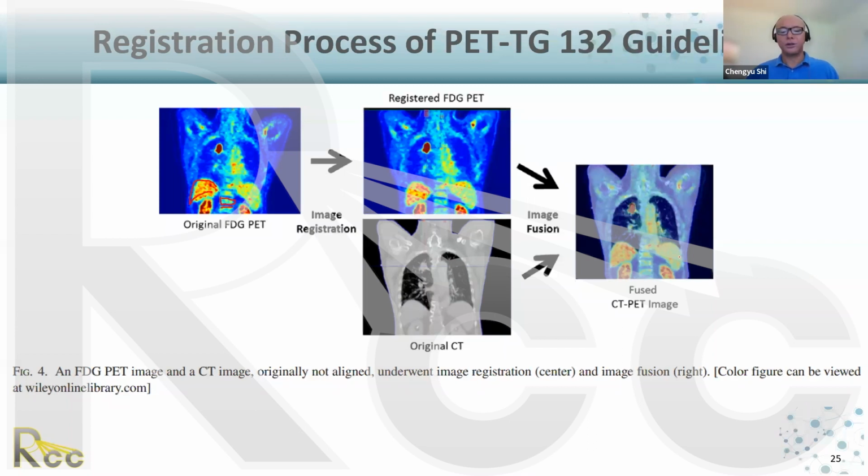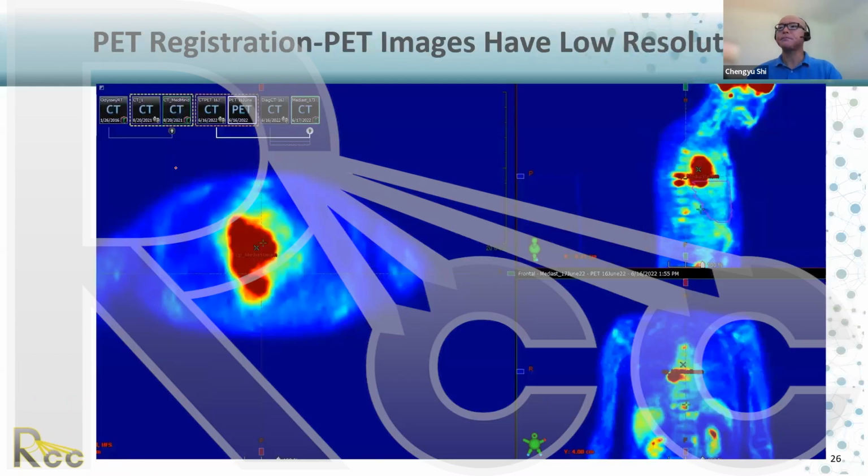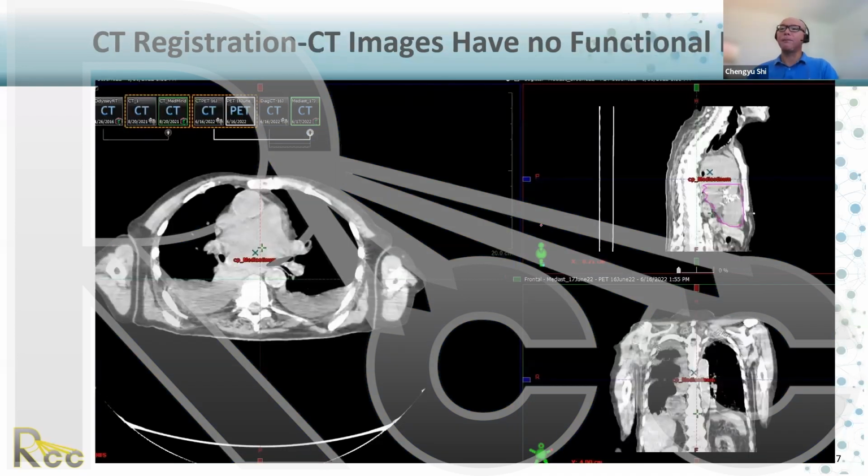So again, check multi-planes. Here's the PET registration to PET, which has low resolution. You see how difficult it is. Do ask the radiologist, if you have the connection, and IMRT to double check it for you, so that you are more comfortable. CT has no function information, but CT has high density information, like the bone, and